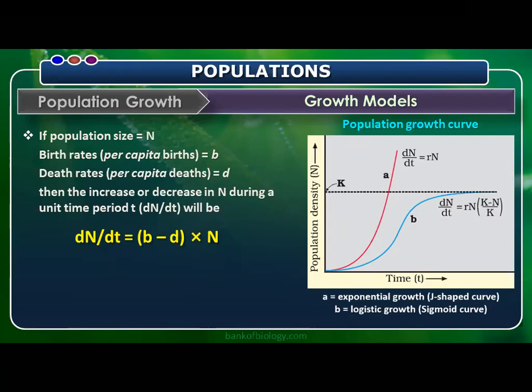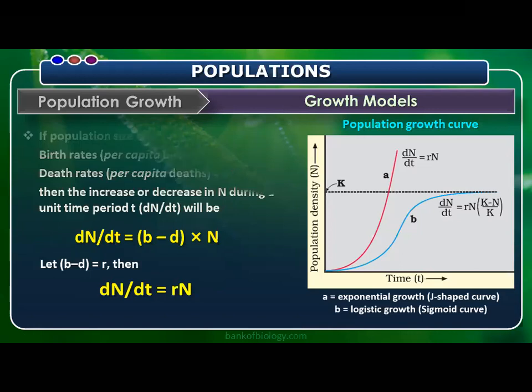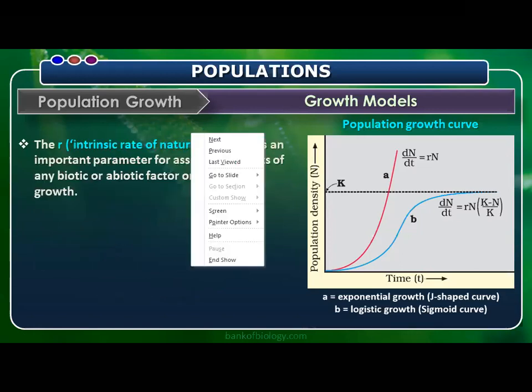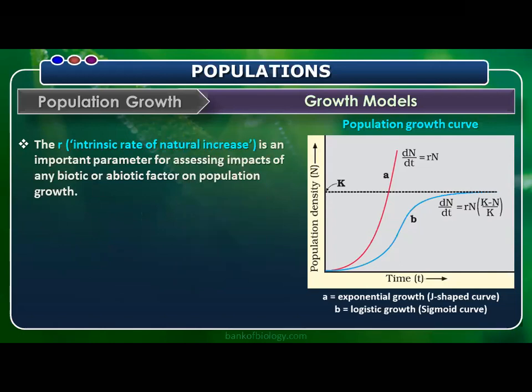B means birth rate, D means death rate. In general, that is called the R. We show that in the form of R. What is R? That is the intrinsic rate of natural increase. R, the intrinsic rate of natural increase, is an important parameter for assessing impacts of any biotic or abiotic factor